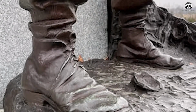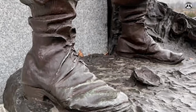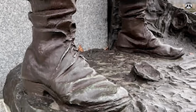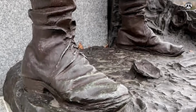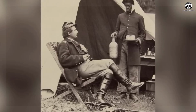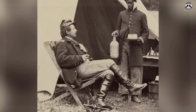This was often due to a combination of factors, including the wear and tear on their shoes, the poor quality of the footwear they had, or simply a lack of availability. For these men, going without shoes became an unfortunate reality, further exacerbating the harsh conditions they faced during the war. The constant strain of walking long distances in poorly made shoes or without any footwear at all contributed to many